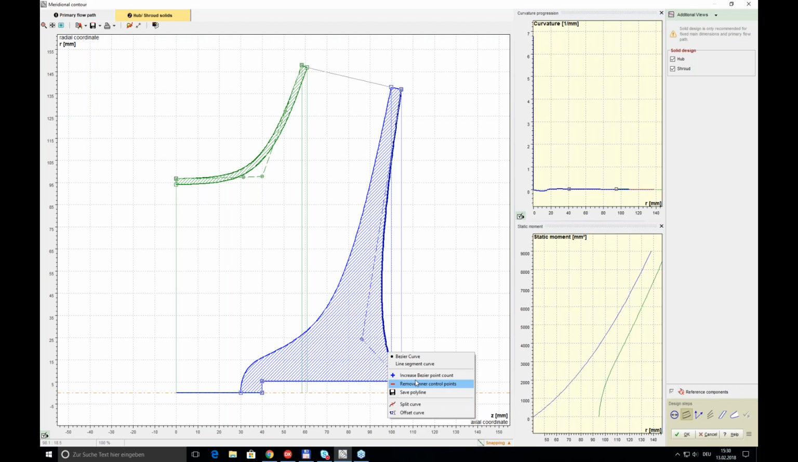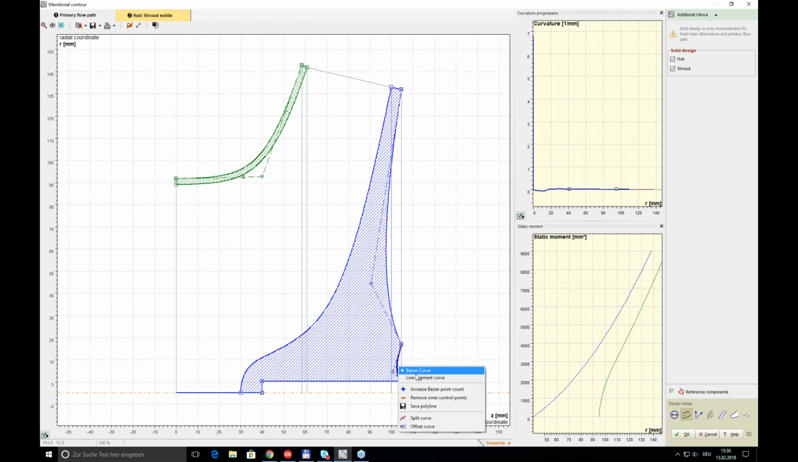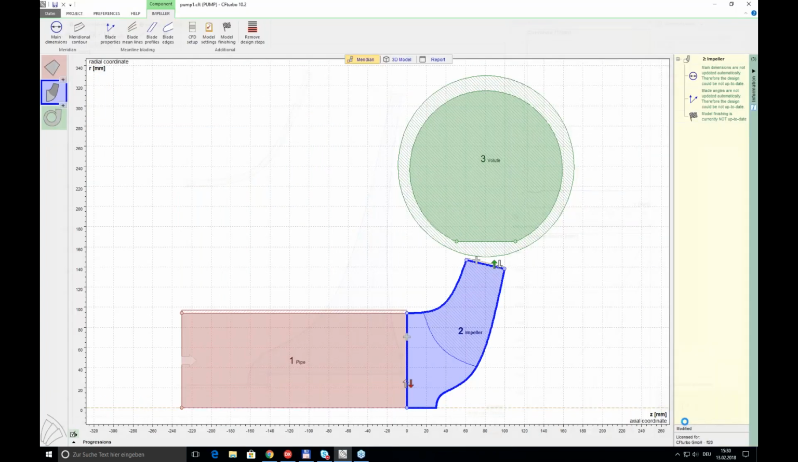I can split these lines, can move that split point, can switch back to a line segment once I had a Bezier curve, and also I can remove that. Yeah, and if I finish that and make a model finishing again,